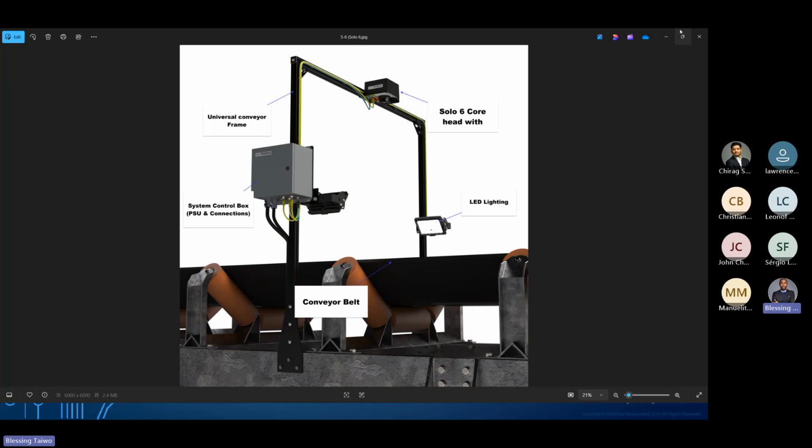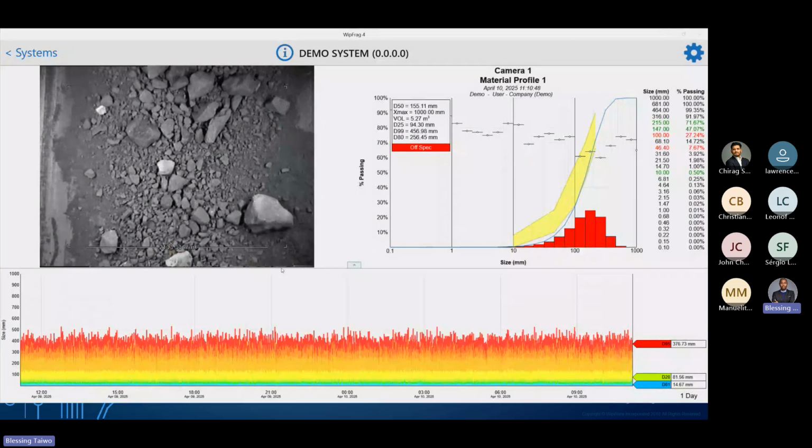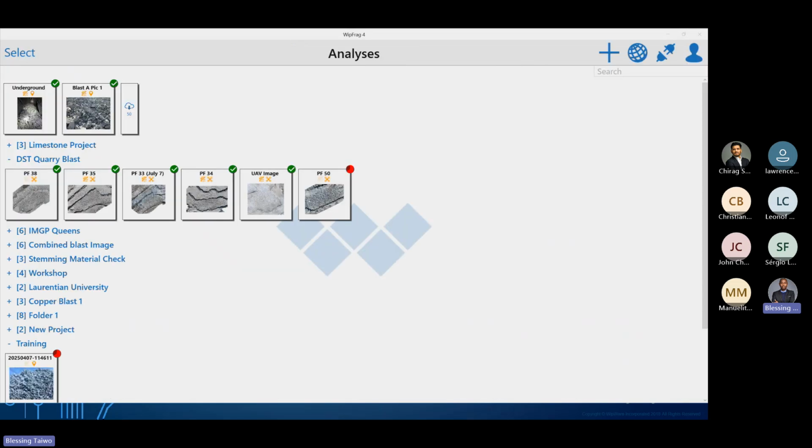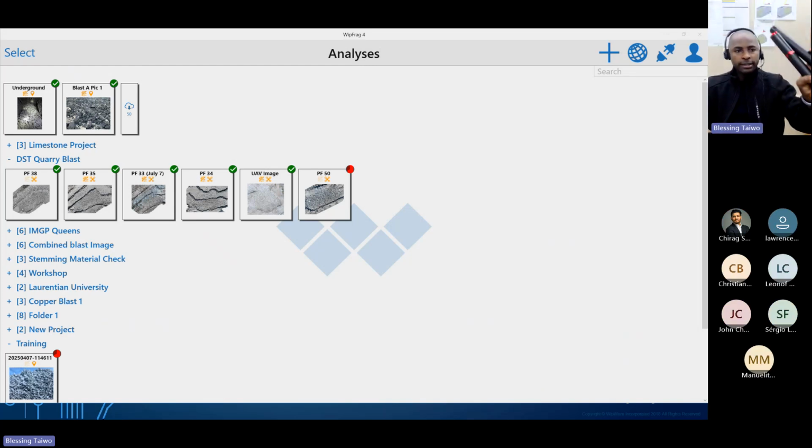Then if you are taking the picture with a mobile phone, like for the WebFrag software, we recommend using two sets of lights. If you have two sets of portable lights, for example, this is an example of two portable lights. This is the stand, and this is how the light looks in an underground mine. If you are interested in this kind of light, I can definitely send you a link to where to get it. This is what the lights look like, and everything fits into this bag.